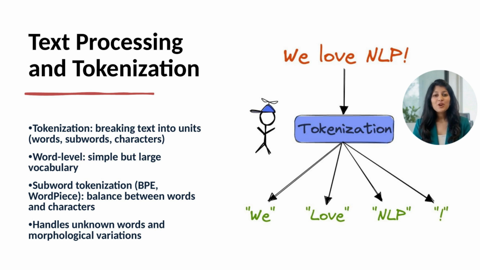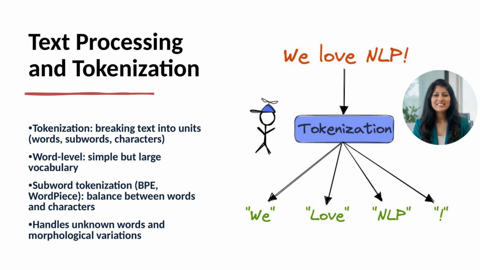Subword tokenization solves these issues. Algorithms like byte pair encoding, BPE, and WordPiece learn to split words into common subunits. Running might become "run" and "ning". This reduces vocabulary size dramatically. Maybe 30,000 subword tokens cover most text. Rare words are composed from subwords rather than marked as unknown. Morphological relationships are partially preserved through shared subwords.